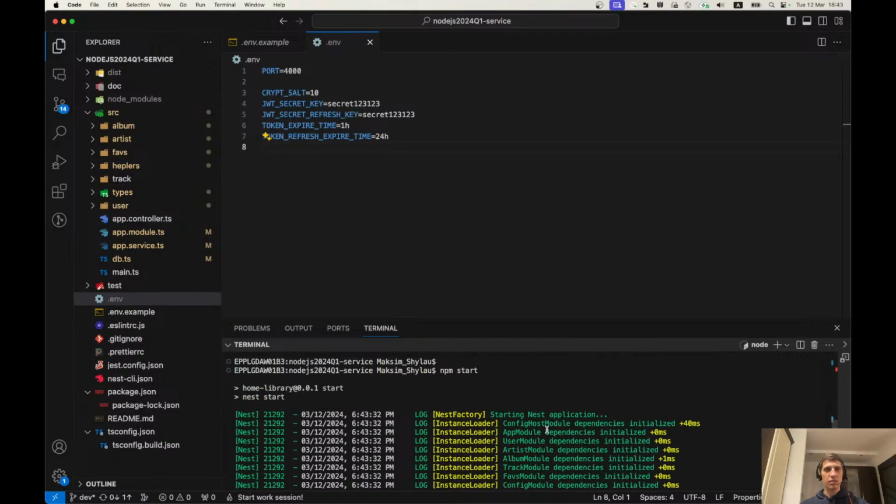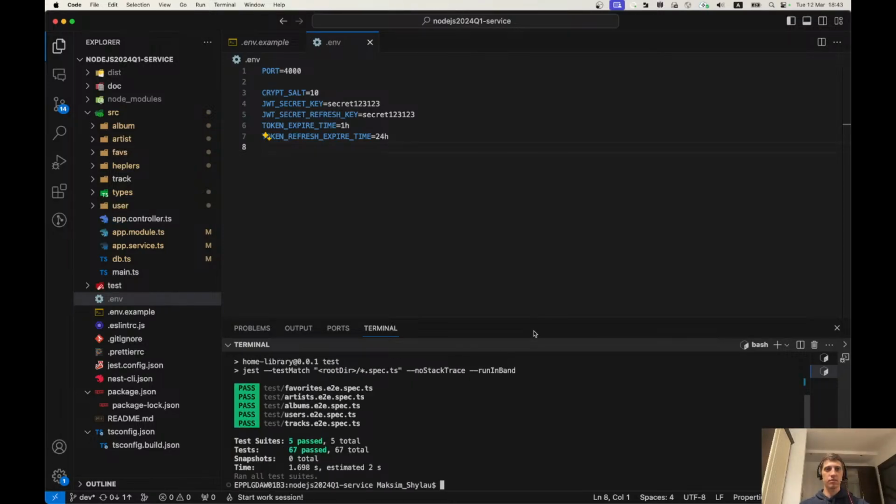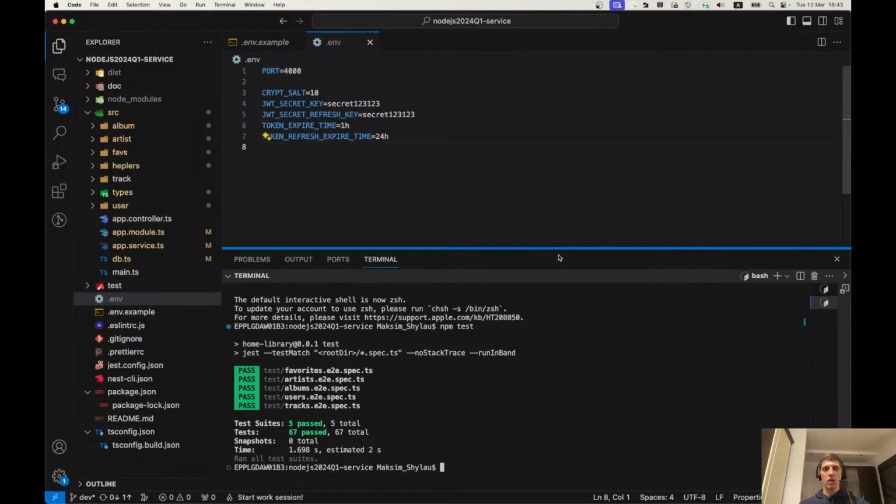Okay, we can see that the application is running. Then let's try to run our tests. Okay, we can see that all tests passed. It means that mostly our API works correctly. We can assume that everything works fine because tests cover